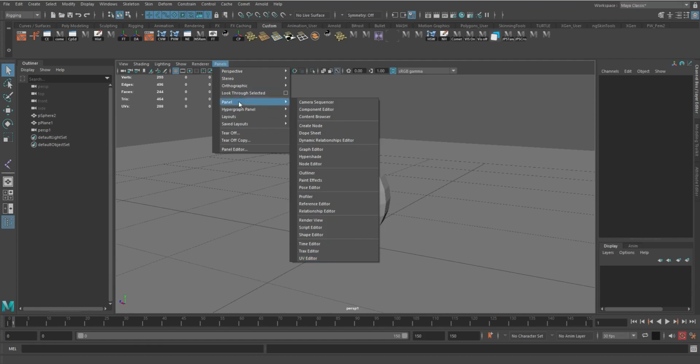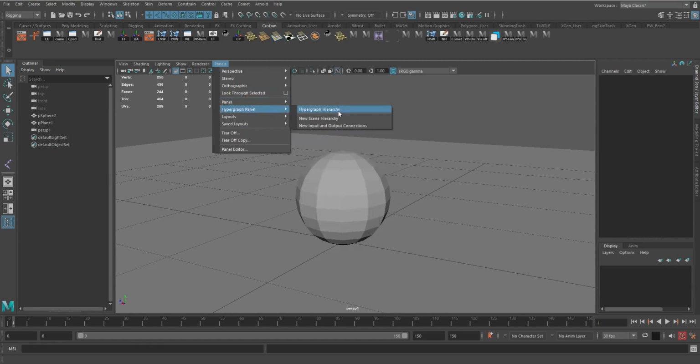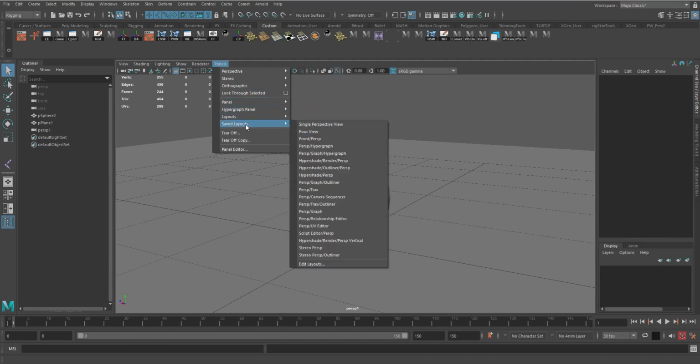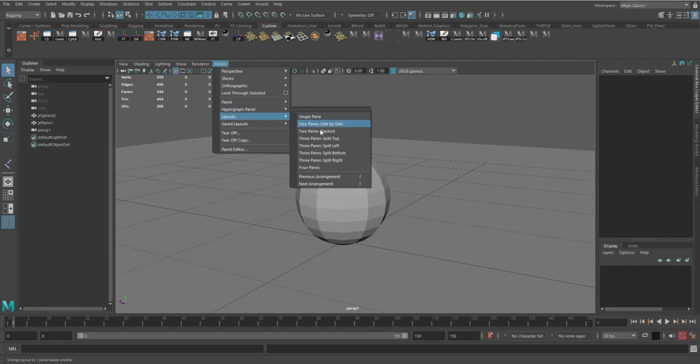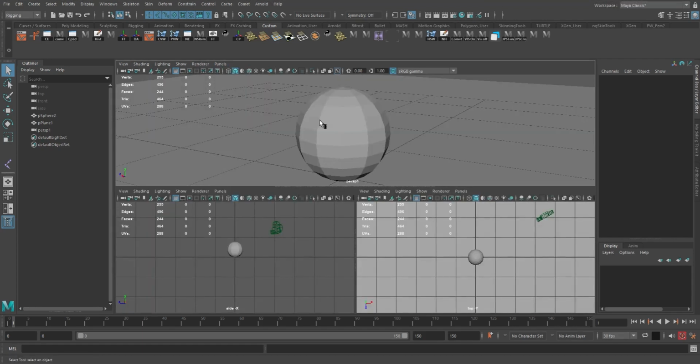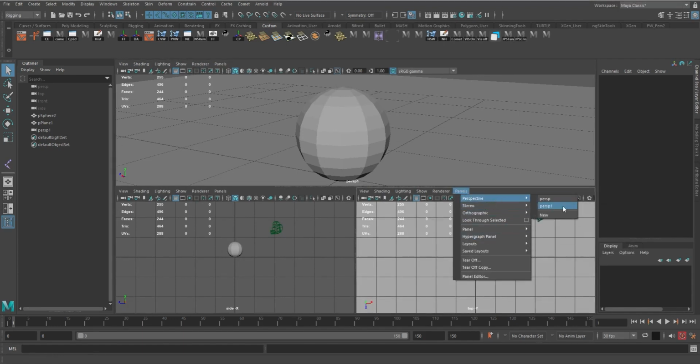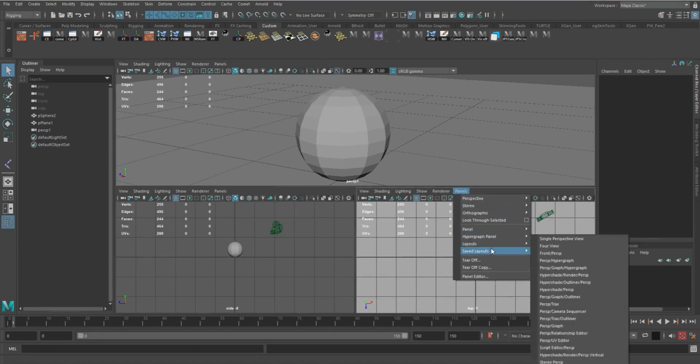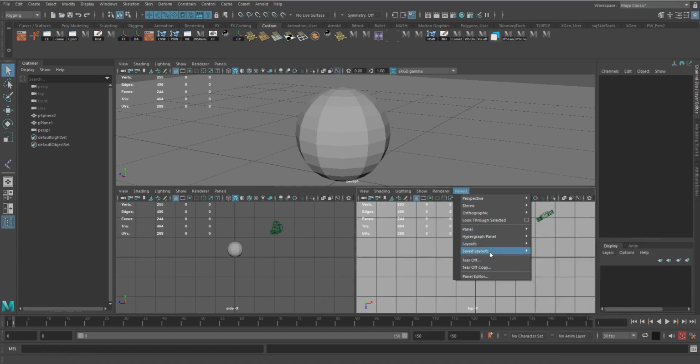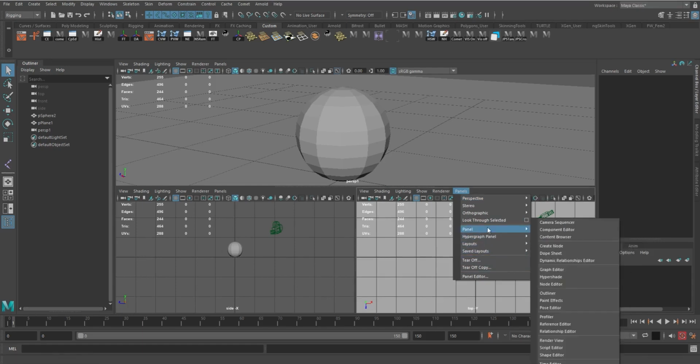You can also create a UV editor panel, anything like that, but also hypergraphs, scene hierarchies, and with the layouts you can do 3 panes, split bottom, so that'll actually build out your windows, and then here's where you would come in and say I want to do,